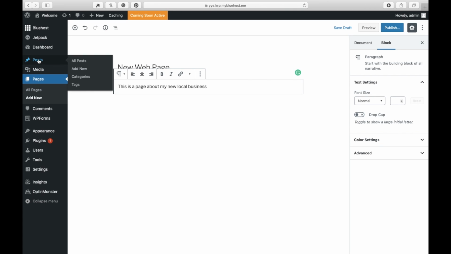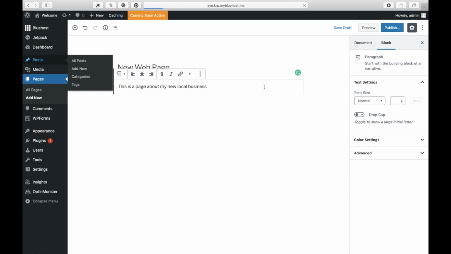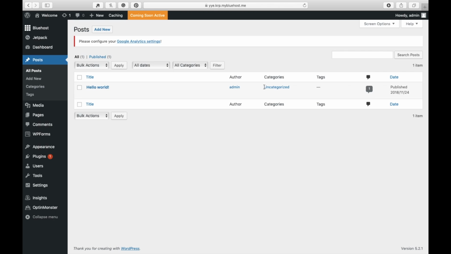The other thing we update a lot in WordPress is posts. So posts are blog posts. This is where we might create an article about our business or something. We've got an event coming up or something like that. And a blog post is created the same way. So if we click on Add New,